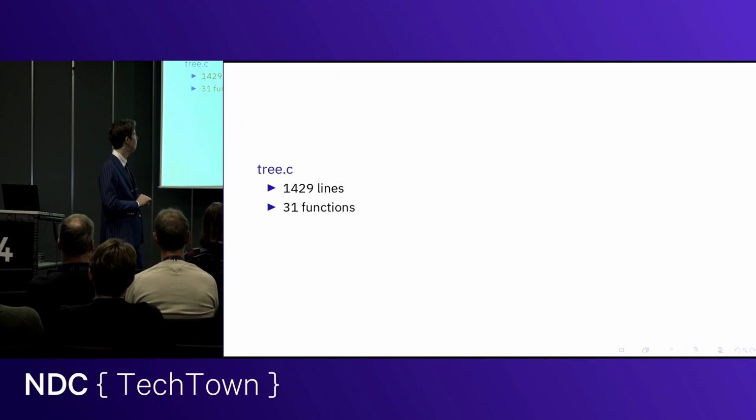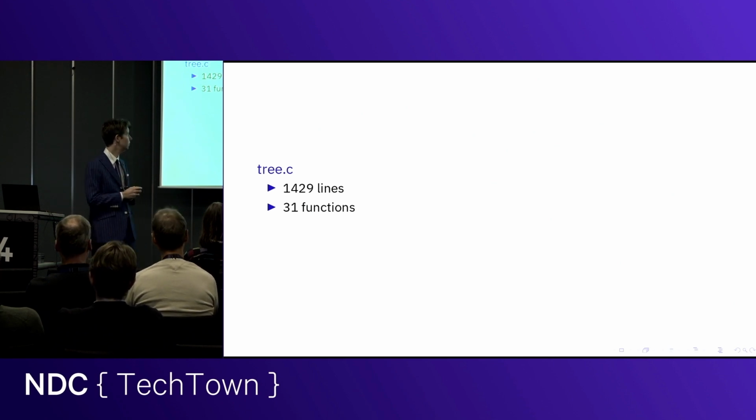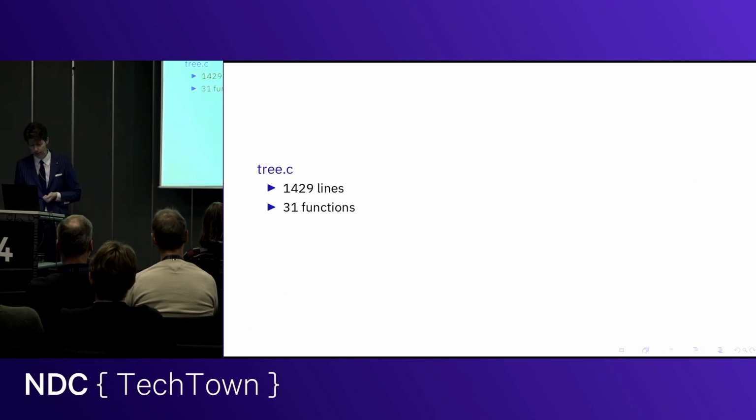You might have used it. So if you check out Unix tree 2.05 or whatever the latest version is, you will find the tree.c program has 1,429 lines over 31 functions. And then if you build it with coverage enabled,